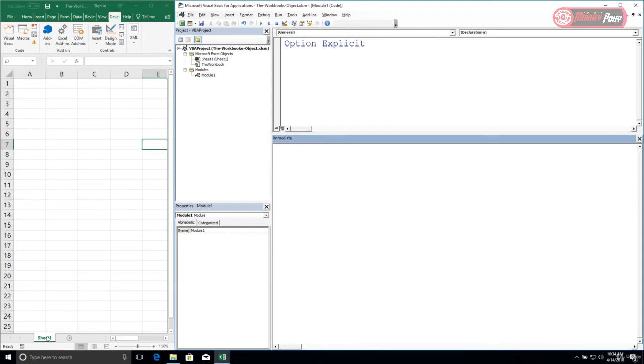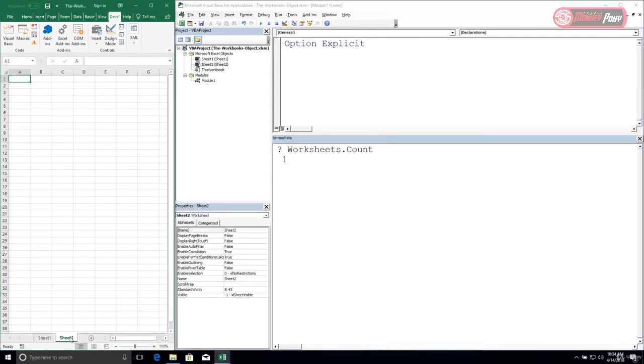There's only one sheet in here, Sheet1. So if I go into my immediate window and I find my worksheets collection object, and I go .Count, I'm simply going to get a value of 1. If I create a few more worksheets in here just by clicking the plus sign, here's a couple more, and I get the value of the property again, we're now going to have a total of 4 worksheets in this